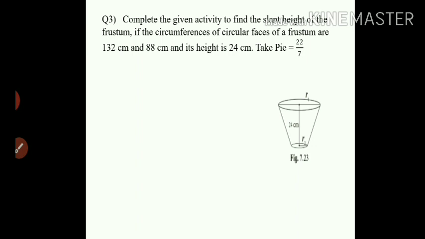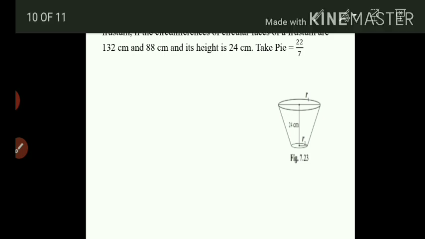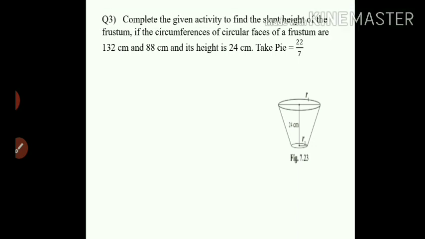Please note that students, whenever the activity is given, the blanks will be given. You have to fill the blanks, but do not show any working in the fair part. All the working you have to carry out in the working or rough column. Now see, first see what is given. Circumference 1 means first circumference. The formula will be 2 pi r1, that is already given 132. Now see students, the answer is r1 will be 132 upon 2 pi is equal to 21. The answer is 21 for the first blank.